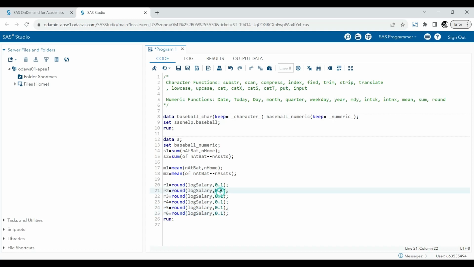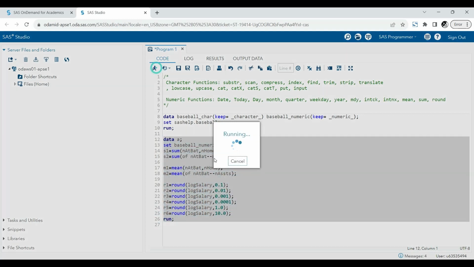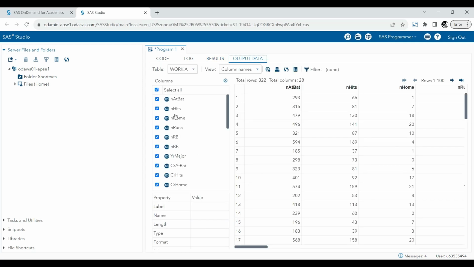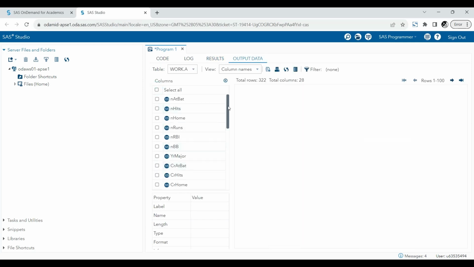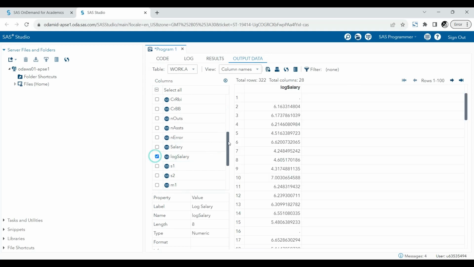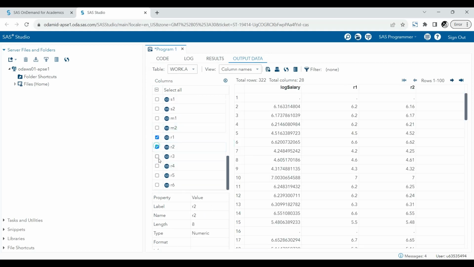Okay, now I'll do it with 0.01, 0.001 and 0.0001. Maybe here I'll do it with 1.0 and 10. Let's see the results. Okay, so now this time I'll keep log salary and round 1, 2, 3, 4, 5, 6. So for the first one it's blank, so we are getting blank. For the second one, log salary